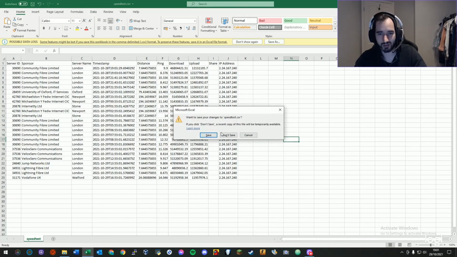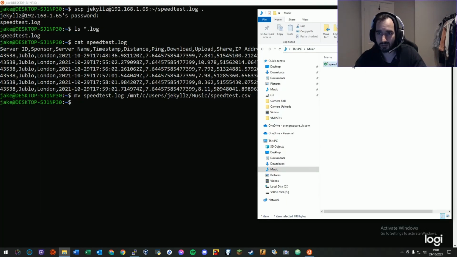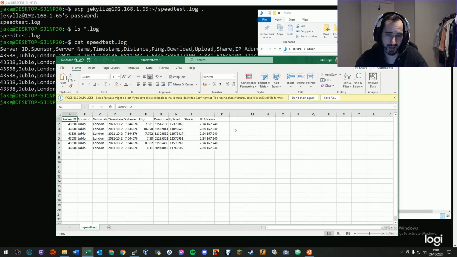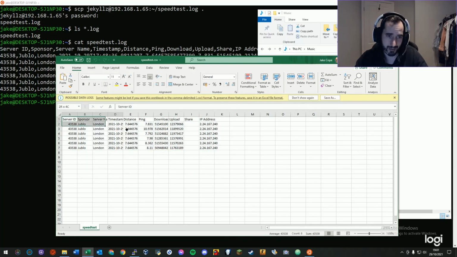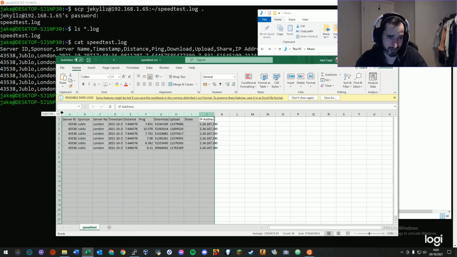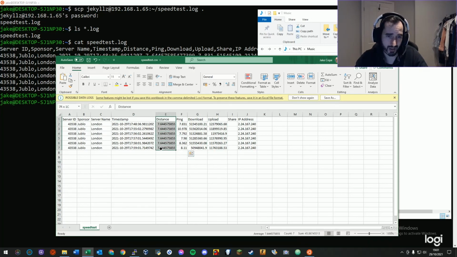Right, so I just need to close down this current one, and let me just jump back here, and double check that, and there we go. Excel has automatically formatted that text into each cell because it's delimited, and that makes it really easy for us. I'm going to go ahead and select the top columns, double click, nice resizing of the format, and we can see our download speed, our upload speed, our ping speed. Apparently there's a distance with this speed test. Server ID is a lot more detailed than perhaps I need,